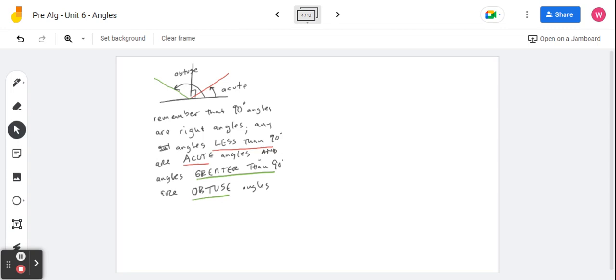Hey kiddos, in your notebooks you can go ahead and label in the top left hand corner or annotate 6.5. This is unit 6.5 in regards to angles. And just as a quick reminder, as we're about to go through today's lesson,